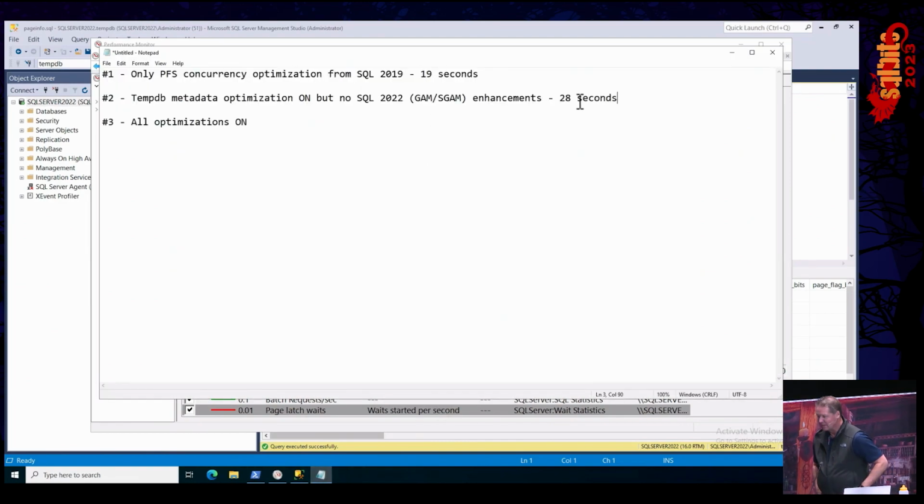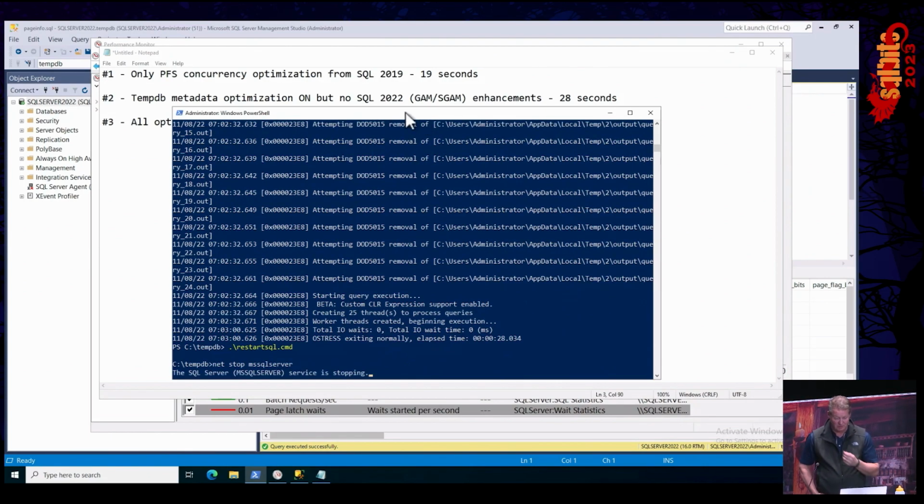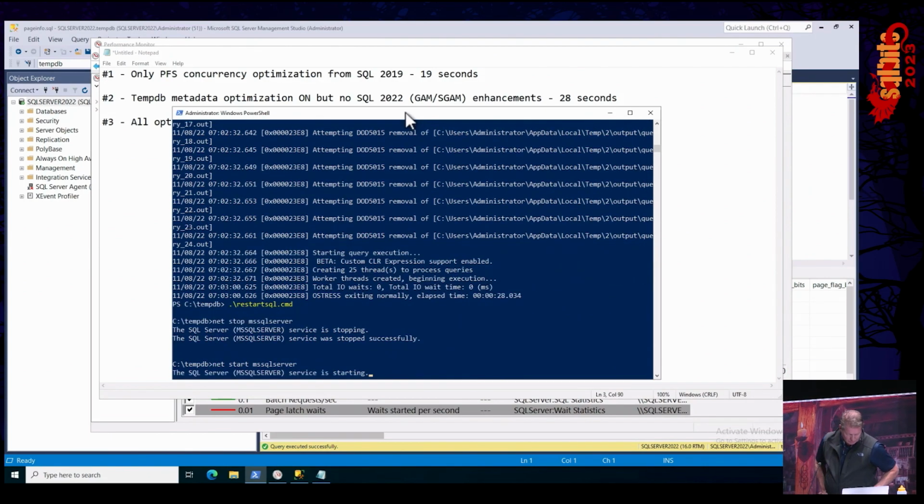It's okay. With one data file, I'm going to turn it all on. The way I do that is I just restart SQL Server to get rid of these trace flags, to disable the optimizations, just restart the server, and let's go see what happens. And you saw in the keynote the beauty of this thing. So let me just kick it in, restart it,